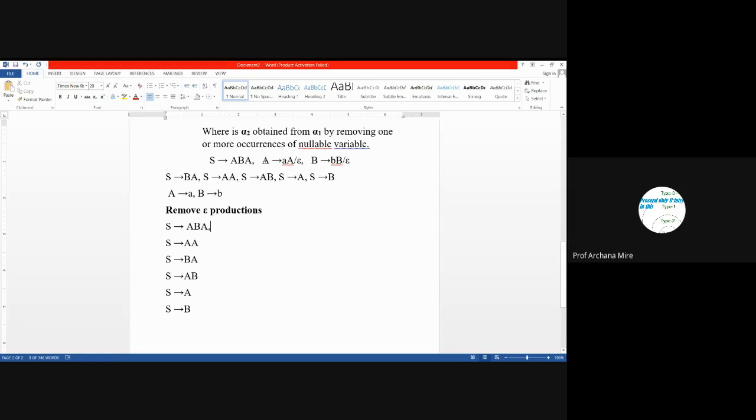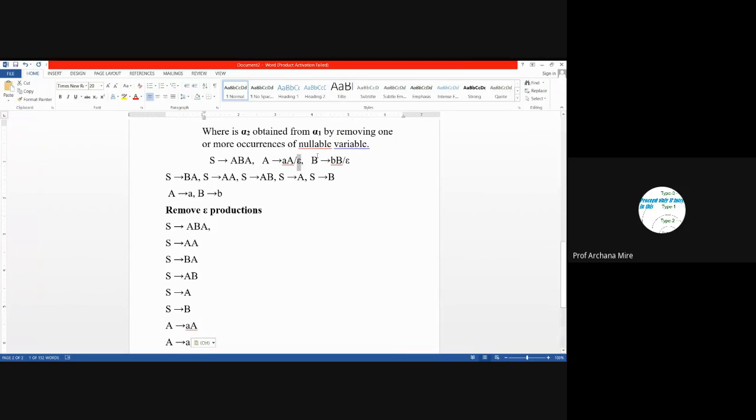Then the next production rule is A leading to small a, capital A. So let's insert it in the new set of grammar. Then where is another production rule of A? Here it is, A leading to small a. So that also we will insert here. Now here exists a production rule A leading to epsilon. This production rule we will not insert in our new set of grammar because we are performing this step to remove epsilon production. That's why we have inserted some new production rules after removing one or more nullable symbols.